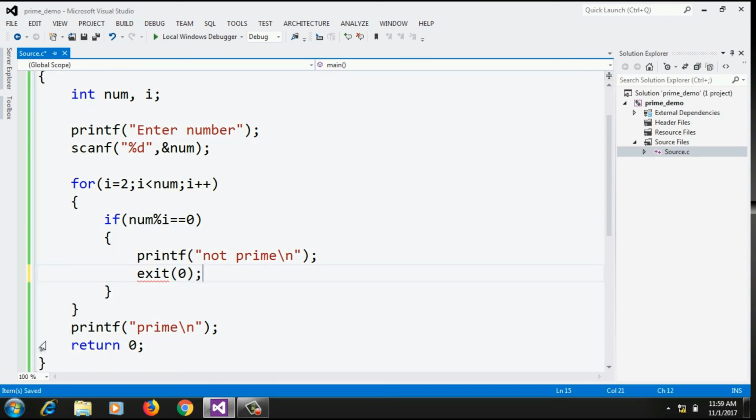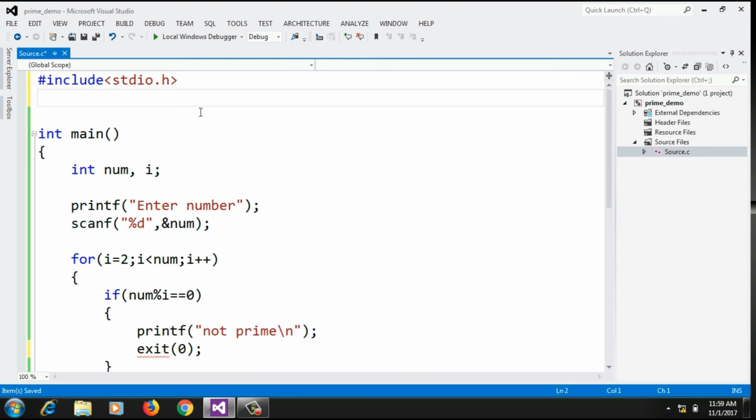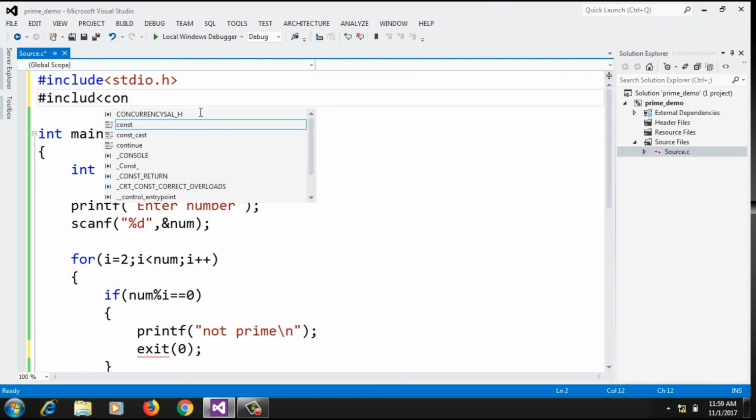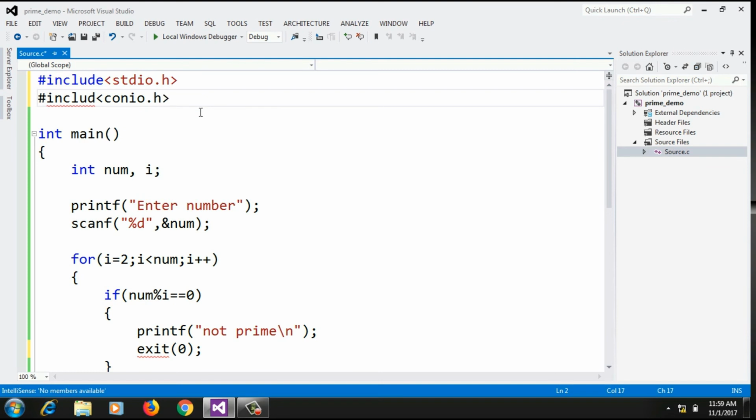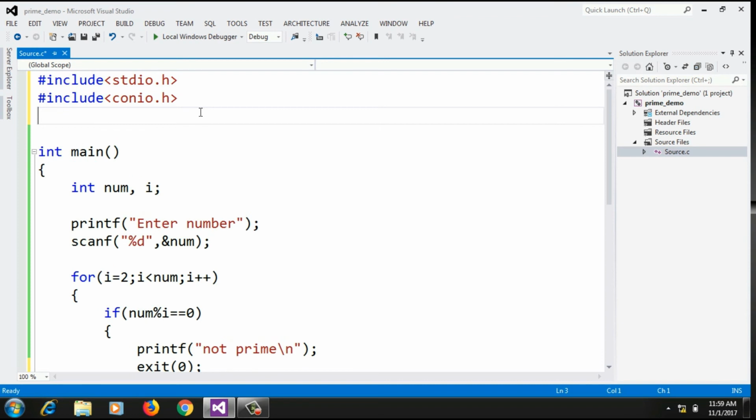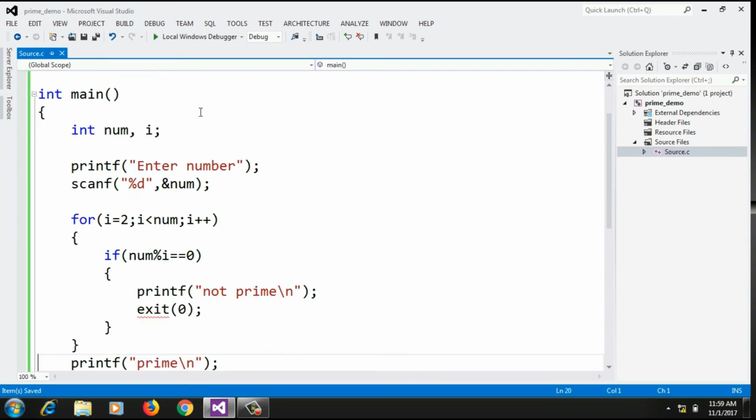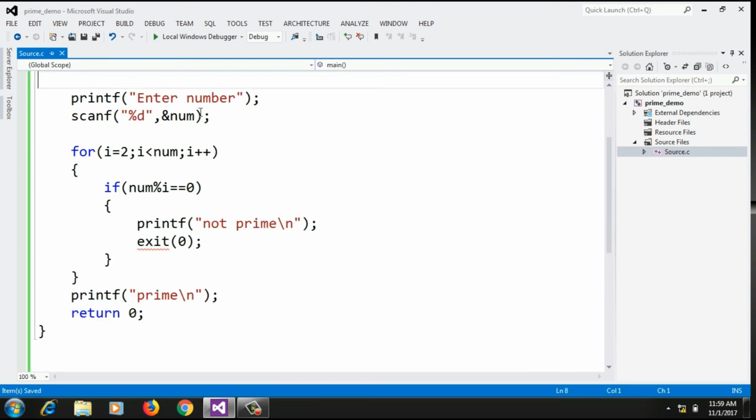So now that the exit 0 function is not there, let me include conio or stdlib and let me check. Yes, it is there in, no, it is not there in conio.